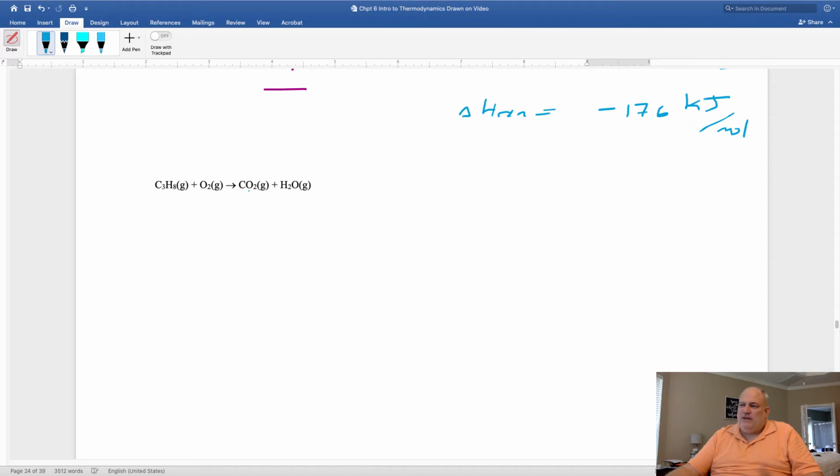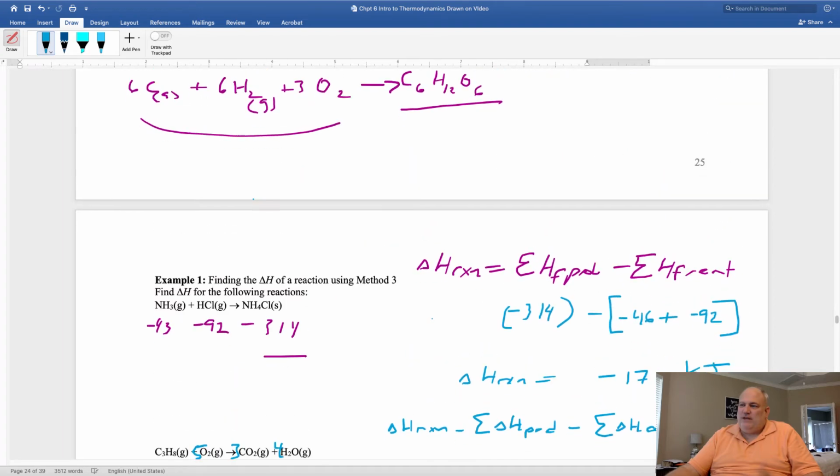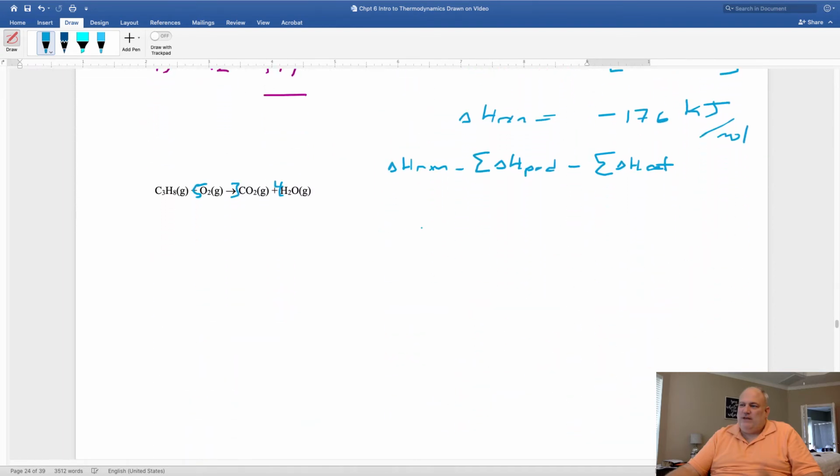Now, when we take a look at this equation, it's a little more tricky, because first of all, it's not balanced. And let me remind you that all of our equations need to be balanced. So I'm going to jump in here and put a 5 right here, a 3 right here, and a 4 right here. Trust me, that is how it balances. Then I'm going to look up on the table, and remember, the change in enthalpy of a reaction is always